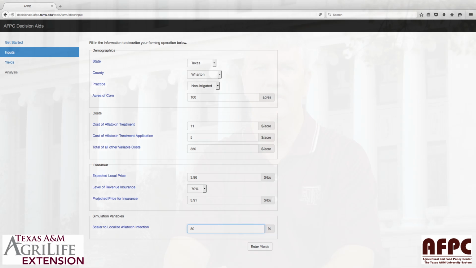localize the aflatoxin infection. So what we have is a lot of data for Central Texas, Williamson, Bell, Milam counties, and those year in and year out are particularly hard hit, or they had been before the widespread use of atoxigenics. They would have a lot more issues with aflatoxin. So that's where we have the best data, and what we decided to do was scale everything relative to the amount of incidence and then the degree of severity of that incidence. Everything's relative to the Central Texas area, which would be in Texas probably where we would have the most issues